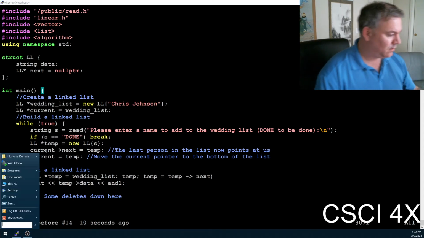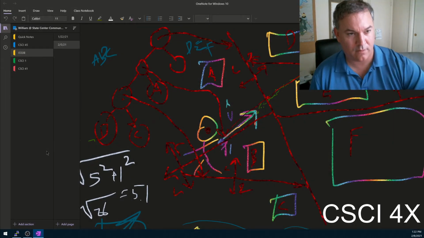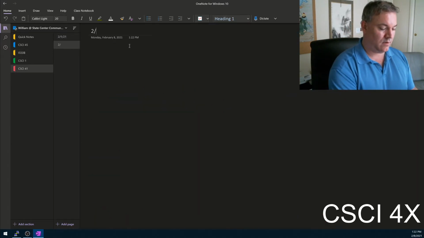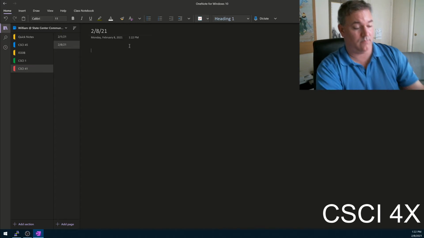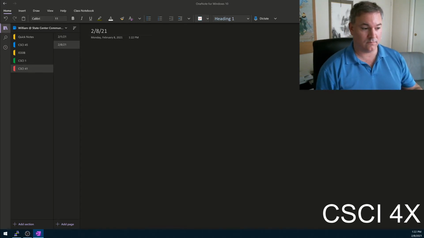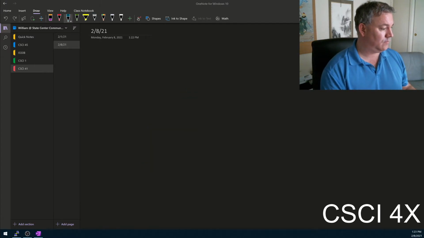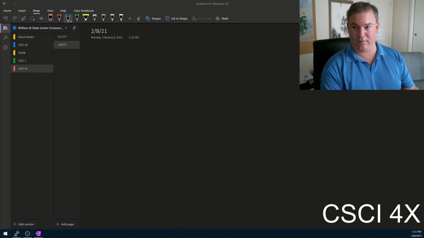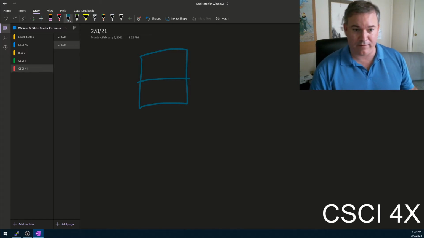Let me pull up OneNote and just sketch this out for you guys. Everything started making sense once arrow syntax was explained. Yeah. So we typically draw linked lists kind of like this, with the data up top and the pointer down below. So when we started off with our linked list, we had a